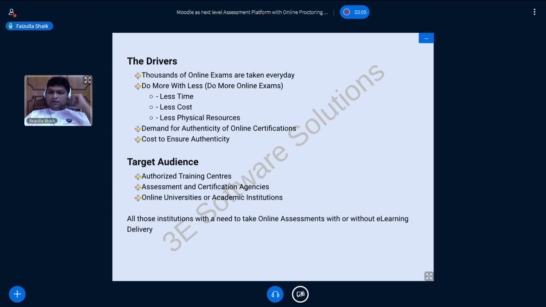You have brought in effectiveness doing the online exams, and you have consistency doing the assessments, everything in place. Now you would like to add more authenticity, and what is the cost involved, and what are the factors to be considered? This is where proctoring comes into the picture.